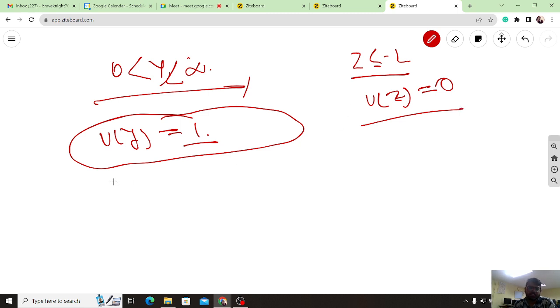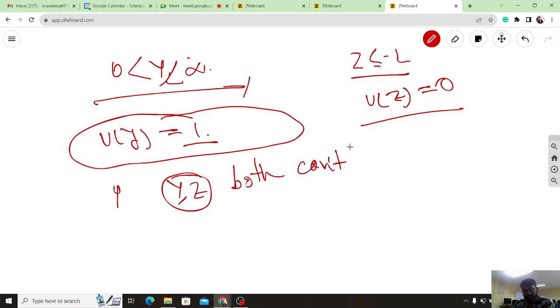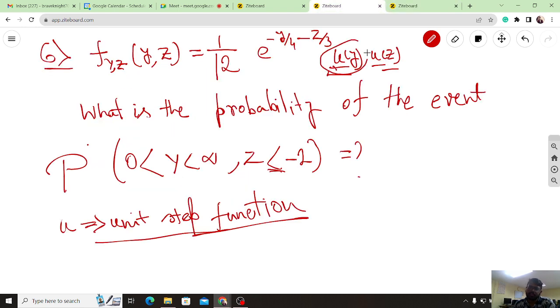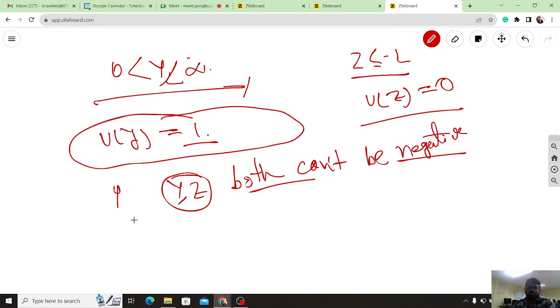So basically it says that y and z both can't be negative, because there is a u function. So the probability will be